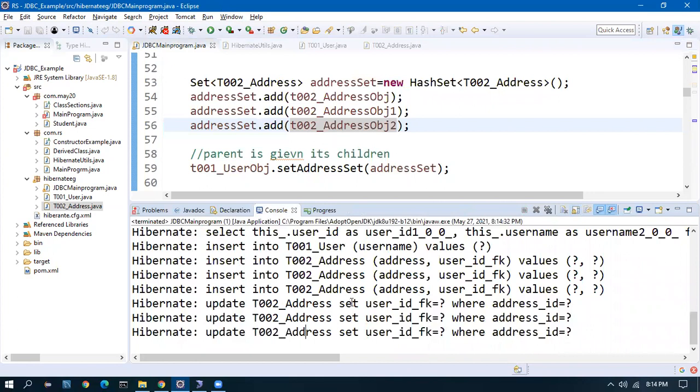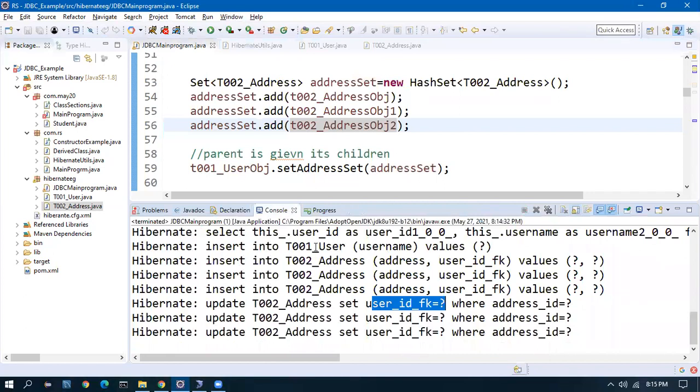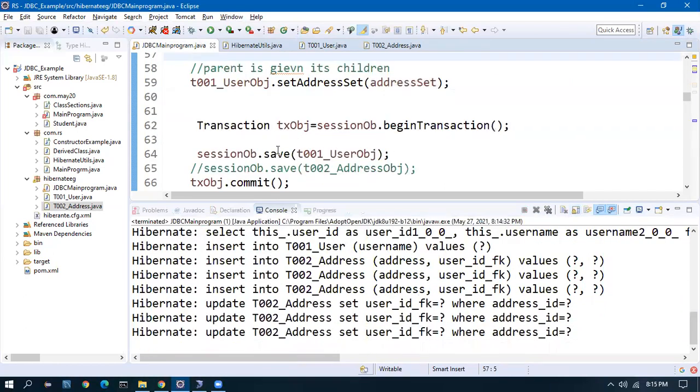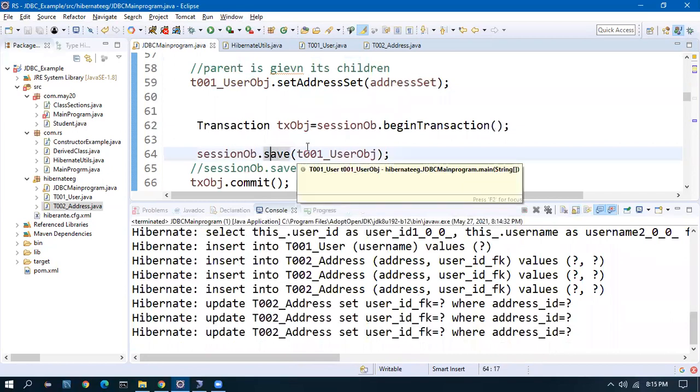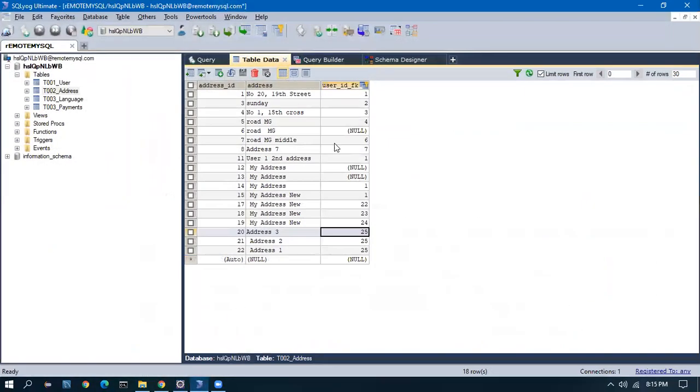See, it is triggering the update query. 20, 21, 25 as expected. So everything worked perfectly, and all the queries were generated with just one single save because the mapping is taking care of everything. If we had to do this manually, it would be a challenge for us.